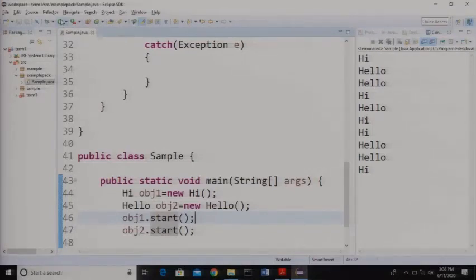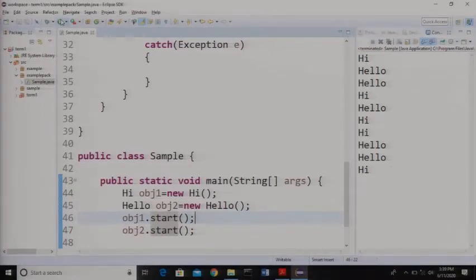See why we get this kind of error is both threads have same priority and both threads reach CPU at the same time. Correct? So CPU picks one thread randomly and we see hello, hi, hello, this kind of output which is not in order. So if we want to avoid this, we can introduce delay at the start itself.